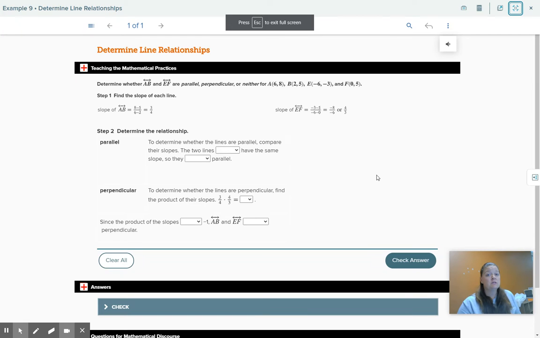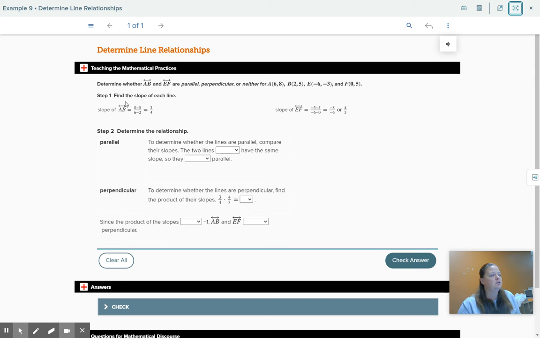The last example for this lesson wants us to determine the relationship between two lines. So we're trying to decide if these lines are parallel or perpendicular or neither. So here we go. Determine whether line AB and line EF are parallel, perpendicular, or neither. And this symbol here with the double arrows is the symbol for line, if you are not familiar with that. Okay, point A is at (6, 8), B is at (2, 5), E is at (-6, -3), and F